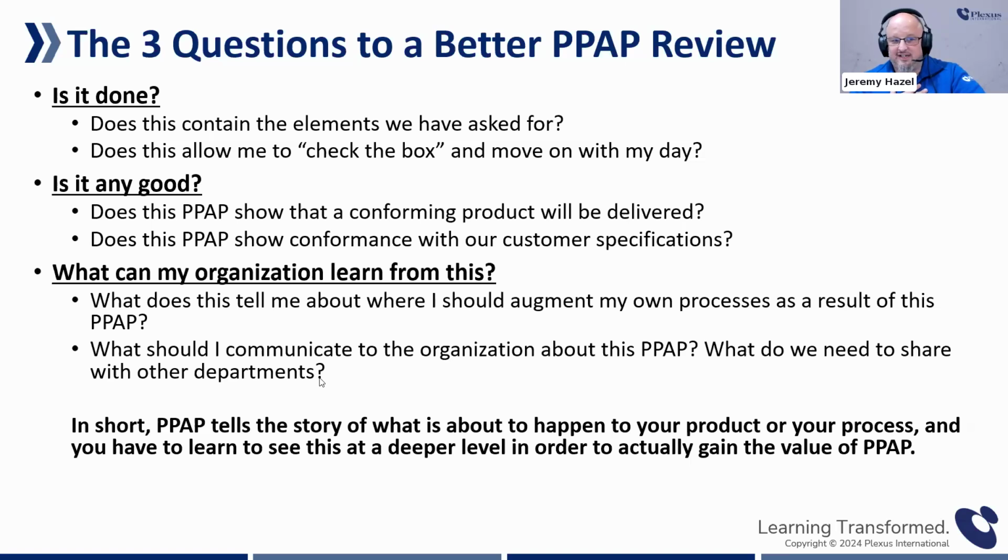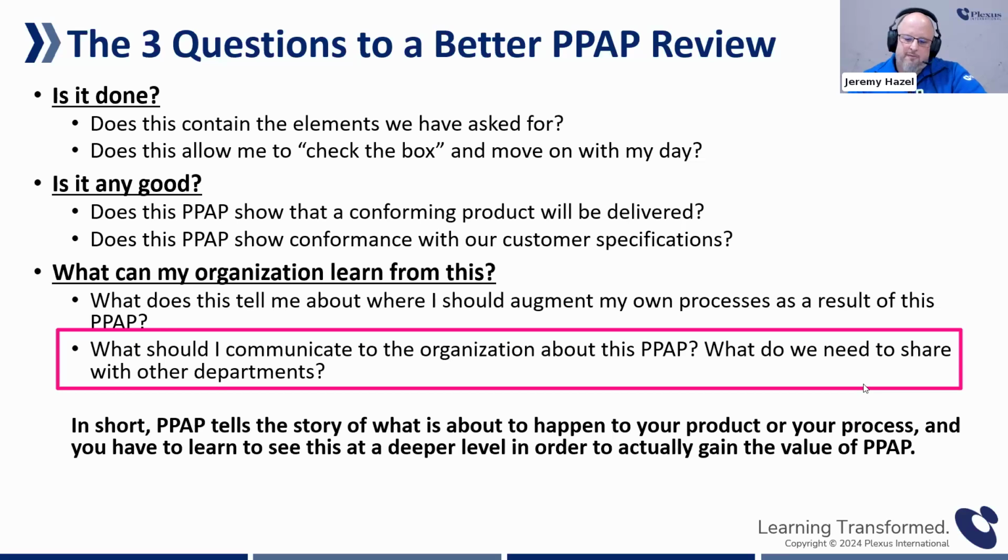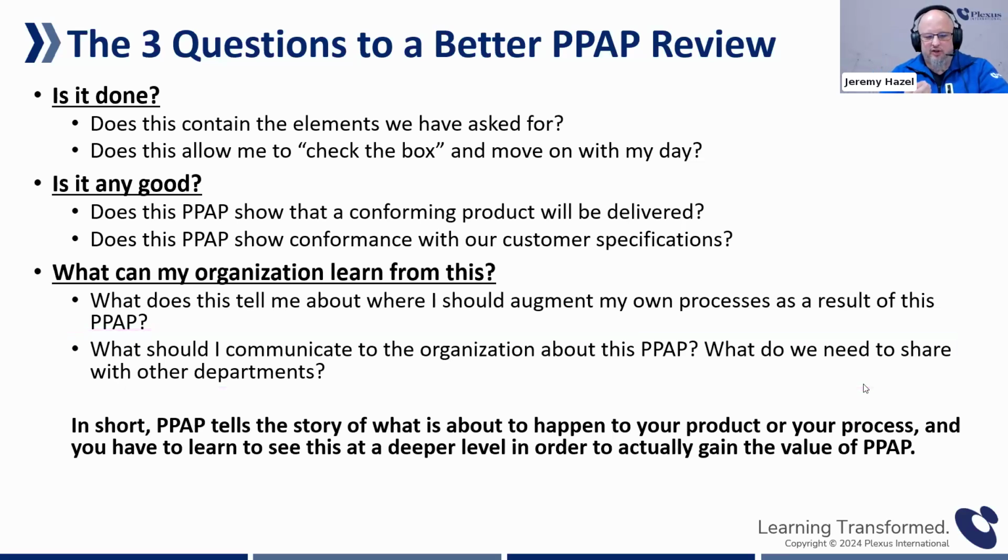They may be doing some testing that is not quite organizationally accepted or industry accepted. Should you probably adjust your warranty claim percentage preparing for infant mortality failures from this particular product? This is the kind of information that a good, thorough PPAP review should be able to communicate up to other